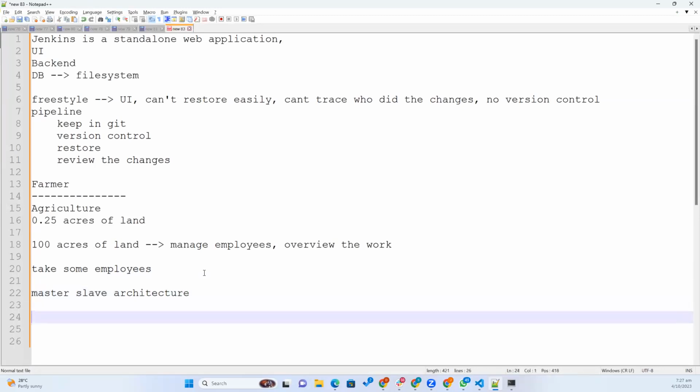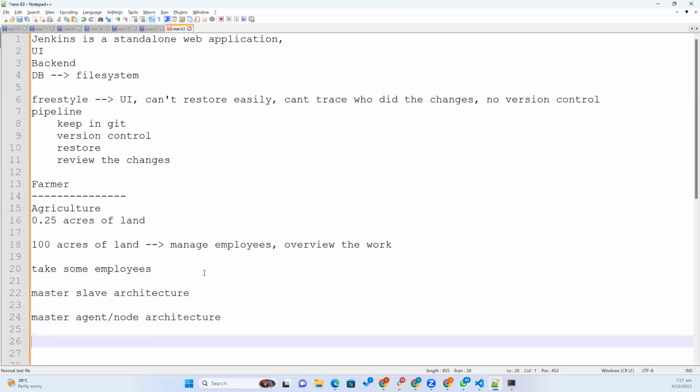Okay. So now we are not calling this master slave. We removed the slave word, generally it is removed everywhere in the world. So it is now called master agent or master node architecture. Since one Jenkins server cannot handle everything, it is a single point of failure, and we have other advantages also, we will discuss that. So one server cannot handle all the load, it may hang. So that is why we are going to have master agent architecture. Okay. So now how it will become is,